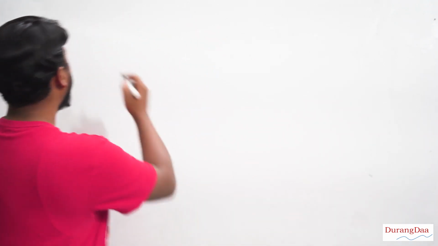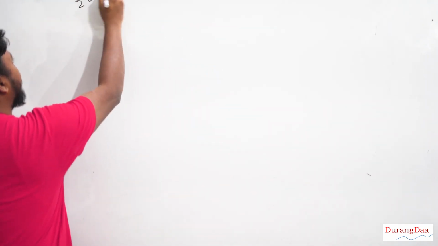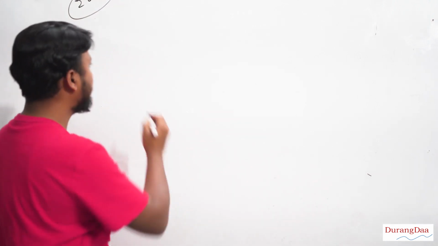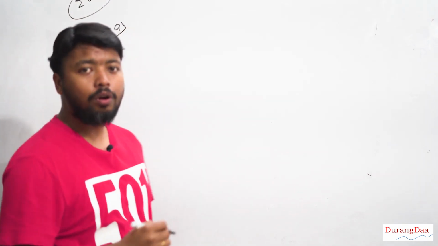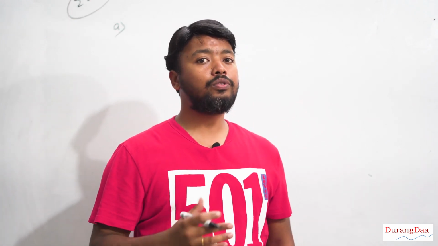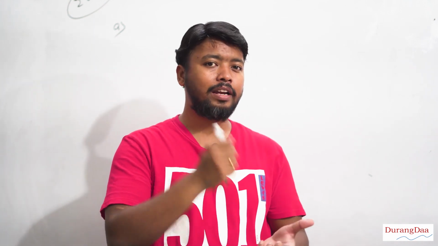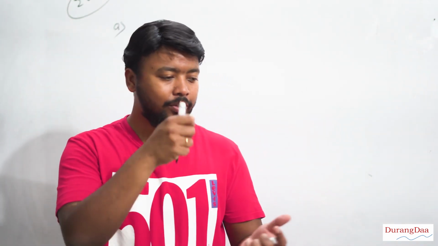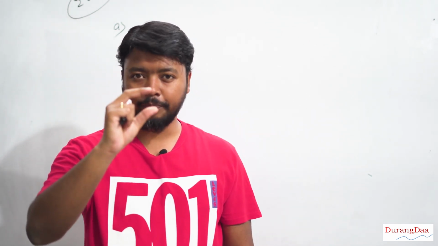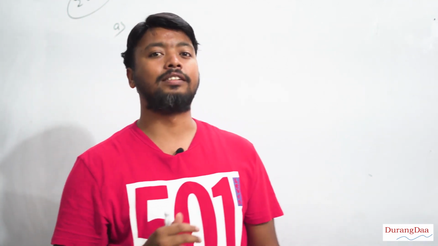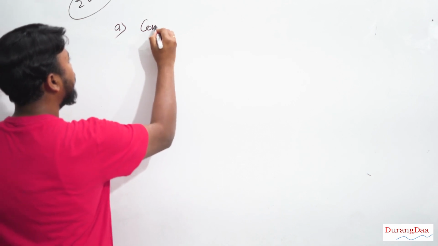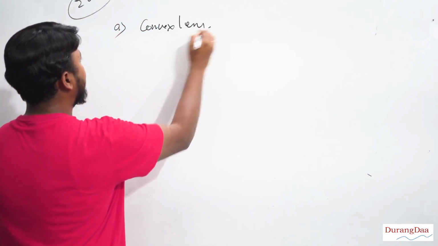So this next question is very important because it came in the year 2010. Alright, the question has two parts. First part, they are asking you about the kind of lens which can be used to burn a piece of paper. All of you know this answer because all of you have used that magnifying glass in your childhood days to burn that piece of paper. That magnifying glass, if you touch it at its center, alright, that is what? Bulging out in the center. So that means that is a convex lens. So answer here would be convex lens.